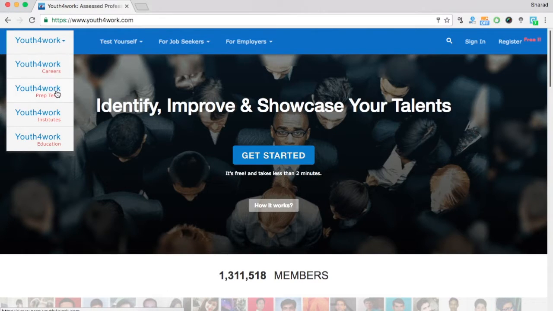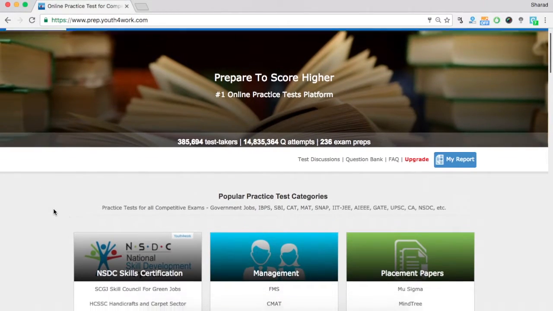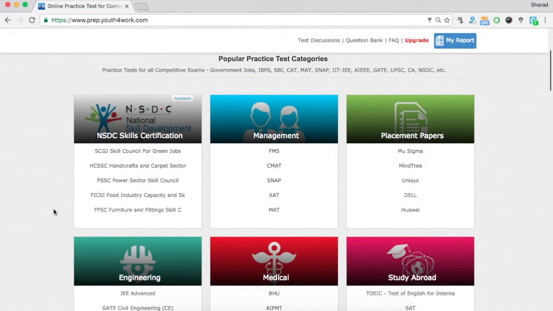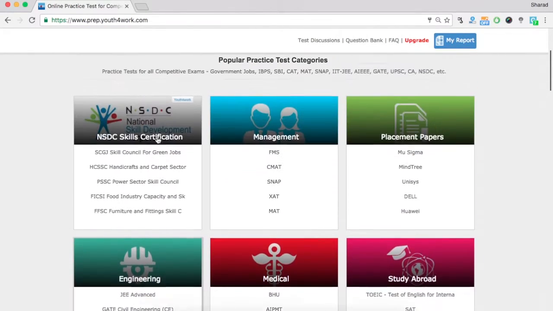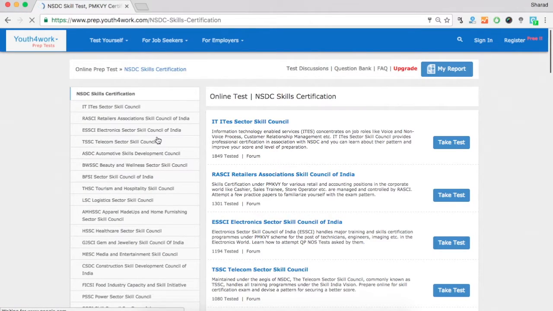To start taking the skill practice tests, from the top left you can click on Youth4work prep tests. You'll land on the main page for all the practice tests. There are over 230 exams in various categories that can be explored by the students. But to start taking the skill practice tests, the students need to click on the NSDC skill certification category, and